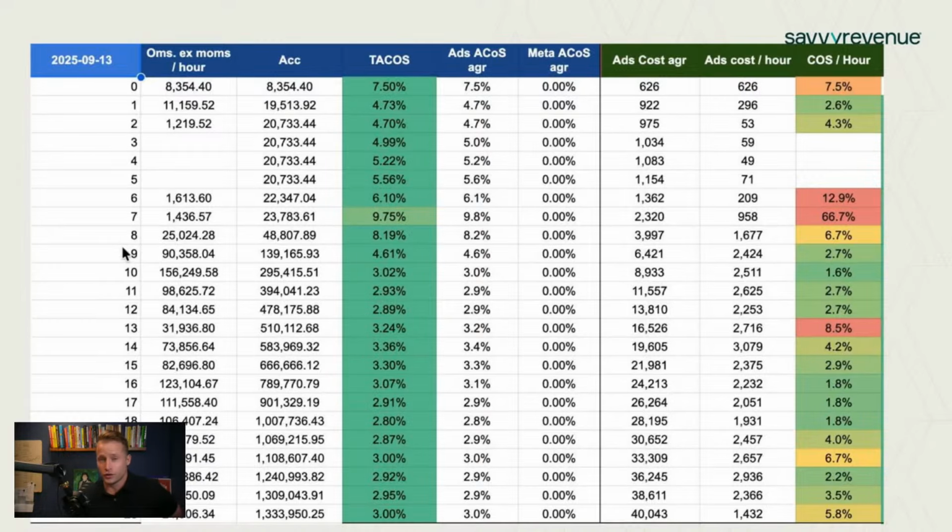The way that we do it in Savvy, and this is a little bit complicated, but we pull out the numbers to a spreadsheet every hour, and then we can see what is the overall revenue, what is the accumulated revenue, what is the TACOS, which means what is the total advertising cost of sale, what is it if we only use the Google Ads numbers, because normally we also have Meta ads in here. And that allows us to then say, okay, how are we trending throughout the day? Are we in the green? Are we in the red?